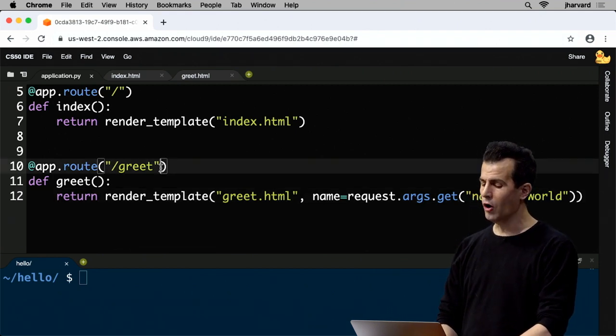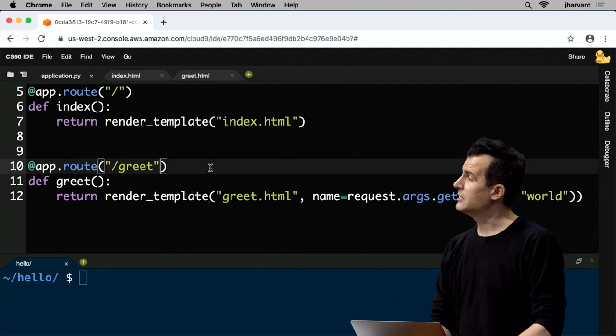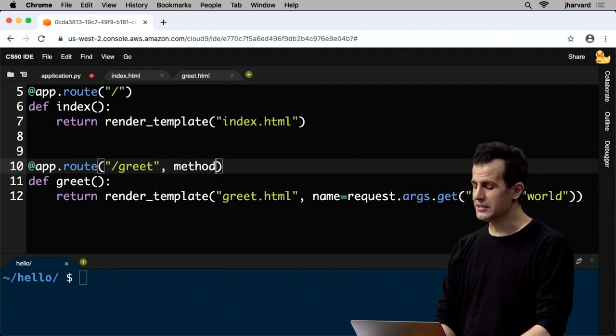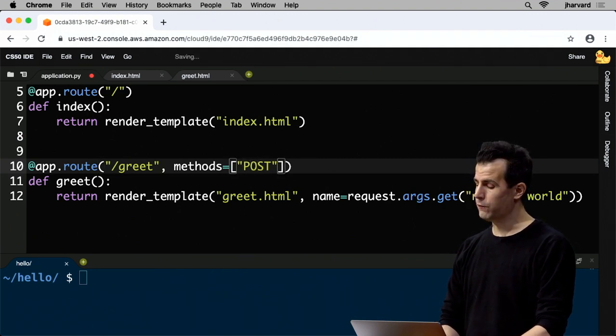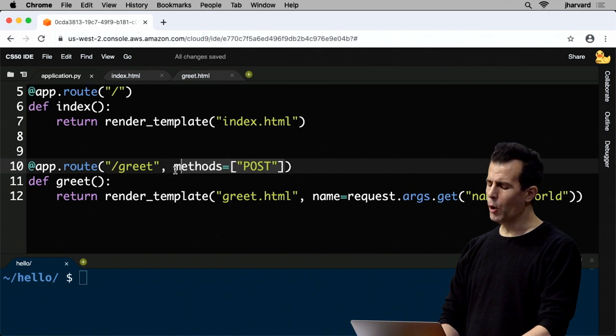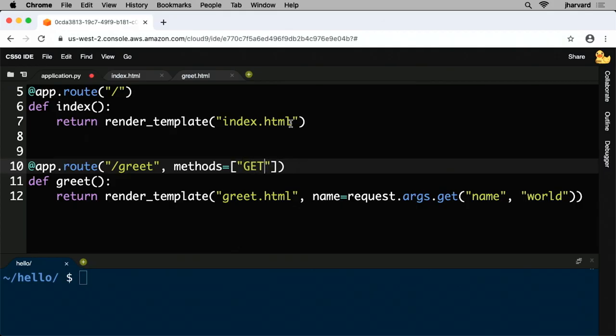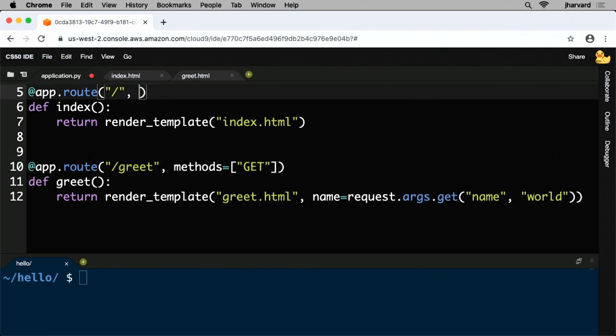I have to tell Flask that the route /greet is actually going to support a different set of methods. Rather than supporting get, which is the default, I have to pass in this somewhat cryptic argument called methods. And then I have to pass in literally a Python list of the methods I want this route to support. By default, if you don't use this argument, all of these routes, the first and the second,